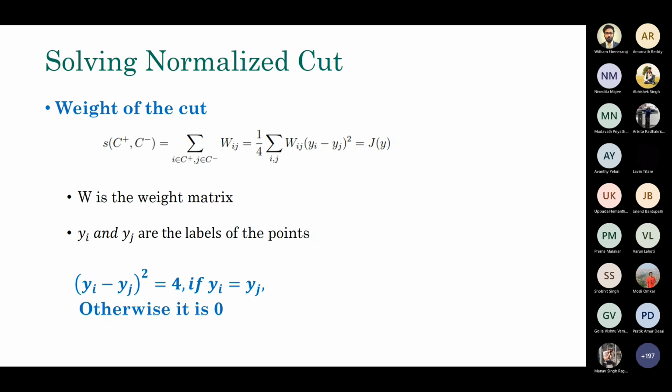So my objective would be to minimize this particular objective function: 1/4 sum of Wij times (Yi minus Yj) whole square. Now the question is why there is 1/4. Simply because I want to normalize the whole thing. When two objects Yi and Yj belong to the same group, this expression becomes 0; if they belong to different groups, the expression becomes 4. So I simply wanted to normalize this. That's why it is 1/4 and nothing else.